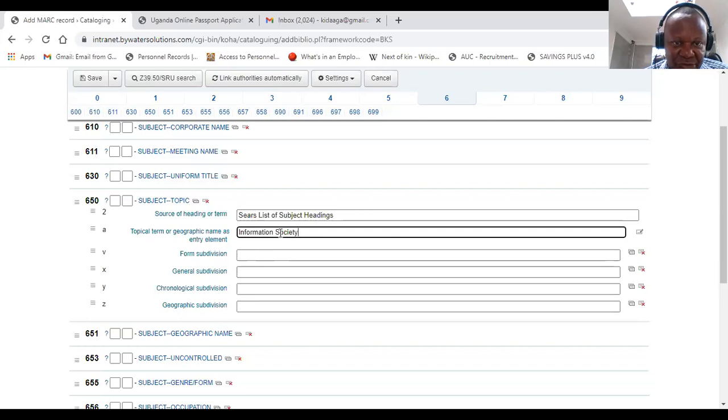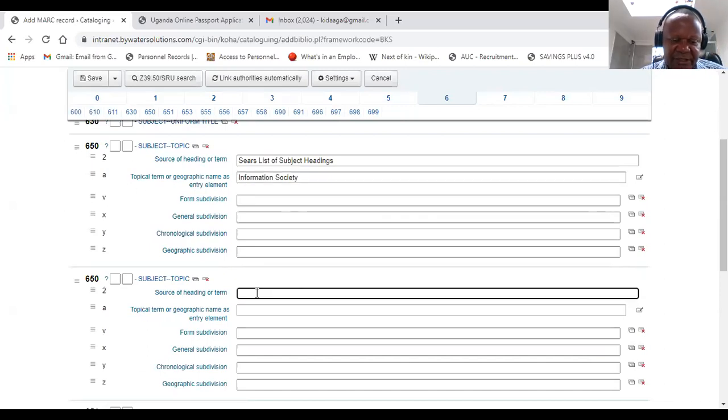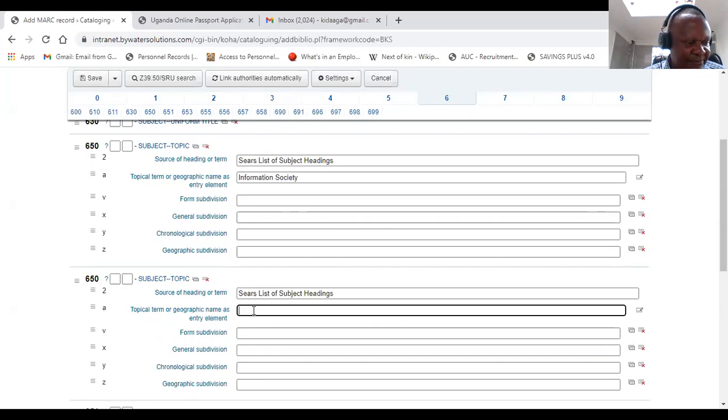However, I added 2. So it means if I want to give the second one, which is information technology, I'll have to go back here. And then I repeat this tag. It means 650 will appear twice. So I click there. And indeed, I have a second 650 for me to give details of the second subject, still from the Sears list of subject headings. And the topical term is